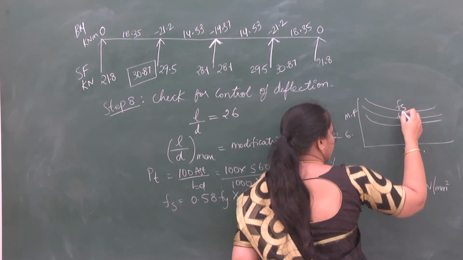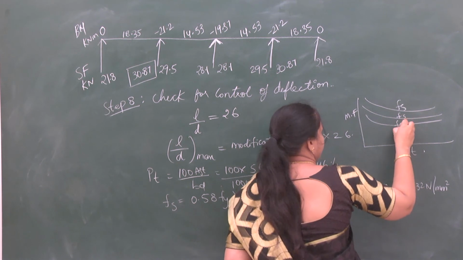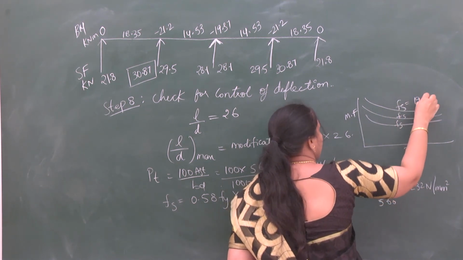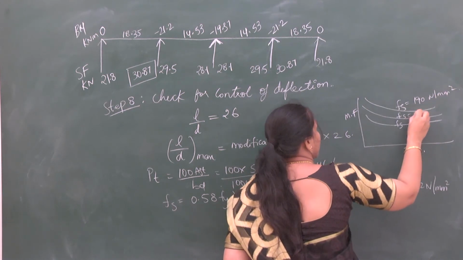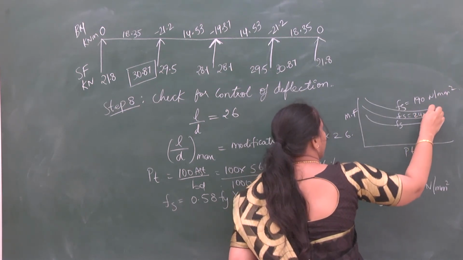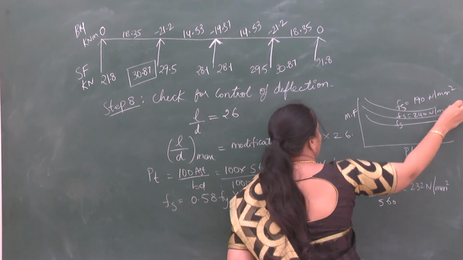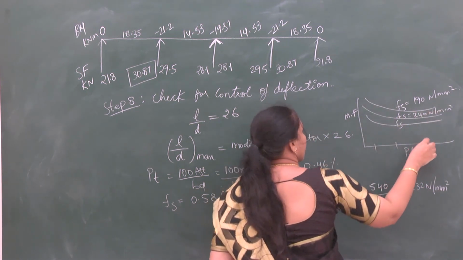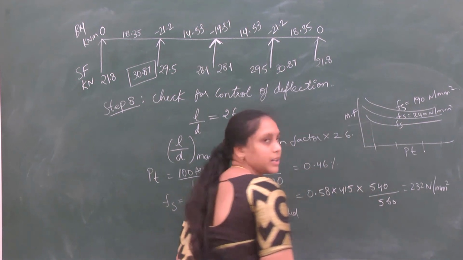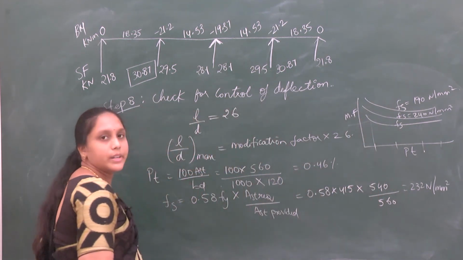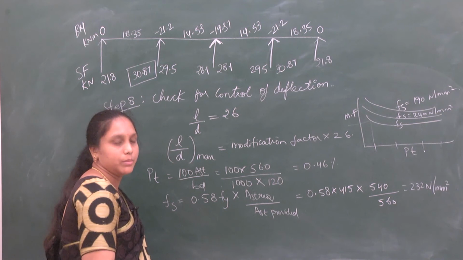Here will be the stresses, different stress values. So here the curve might be for the stress 190 Newton per mm square. This curve might be for 240 Newton per mm square. Like that, for different curves you will have different values, and for different percentages you have to find out the modification factors, which we have discussed already in the previous problems.